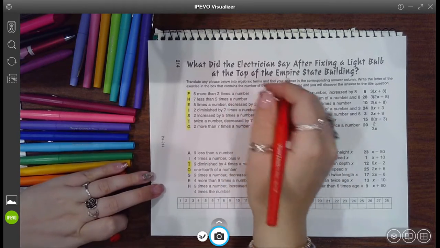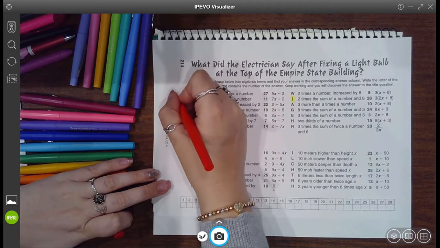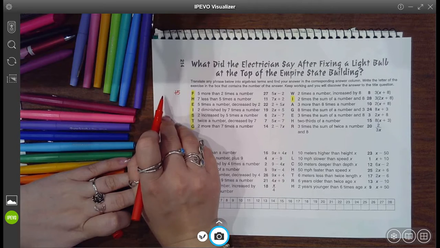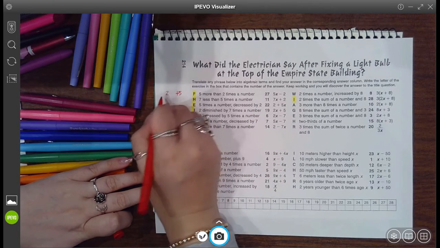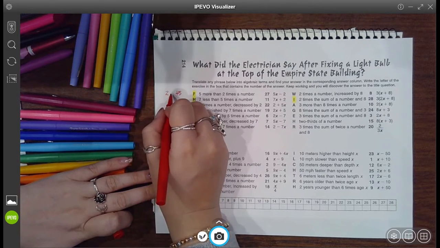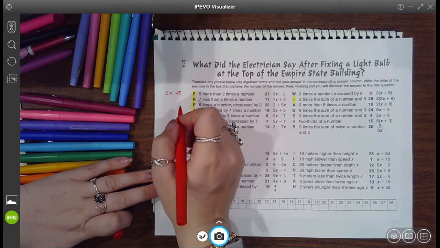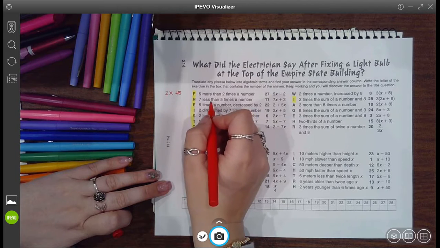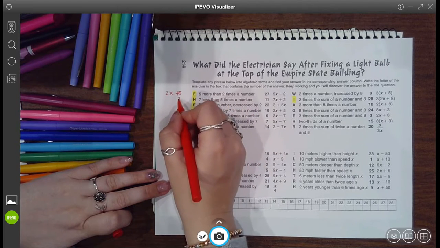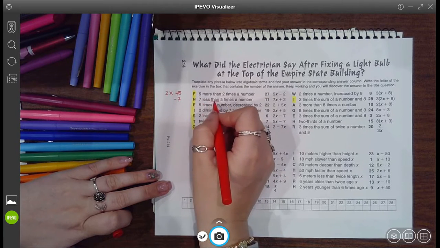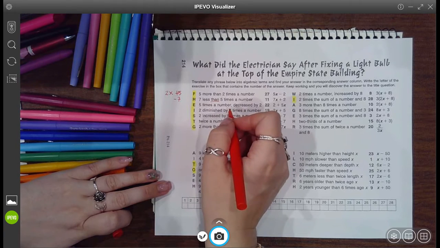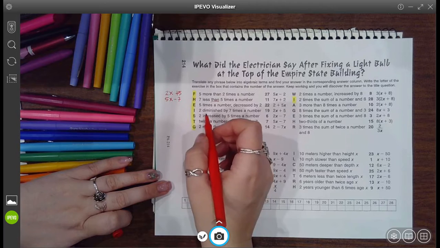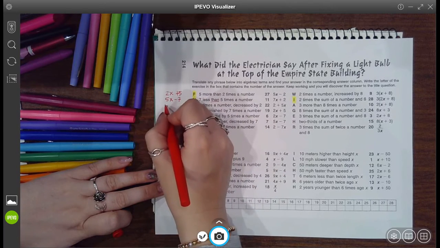For the first one, it says 5 more than, so I'm adding 5 to what? 5 more than 2 times what? A number, and we don't know what that number is, so we can just represent it with an X. The next one says 7 less than, so again, the 7 goes to the end. Whenever you see a less than, it moves it to the end. 7 less than what? 5 times a number. Okay, and the next one is 5 times a number